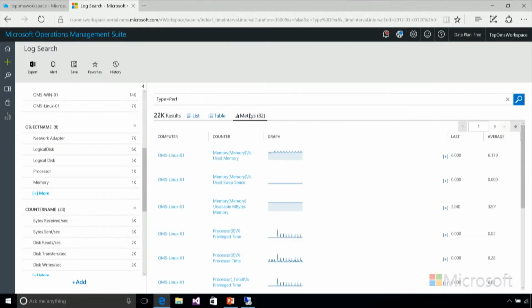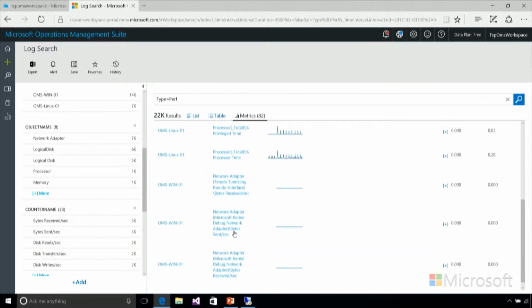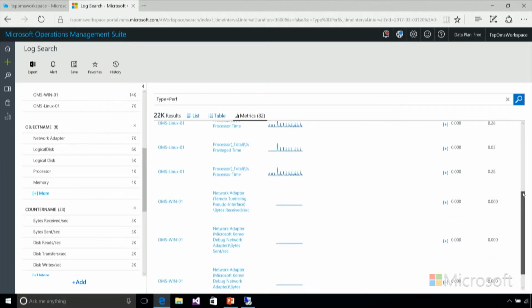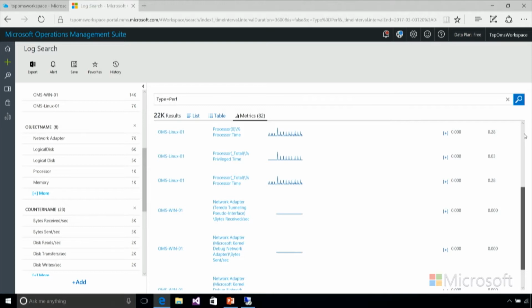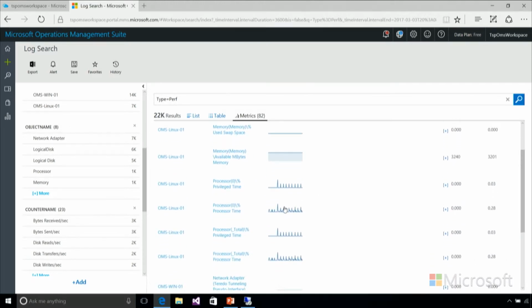Perhaps this is interesting, but this is too much information for us. If you go on the charts, we can see here we have the memory for the Linux machines, we have the processor time, we have a lot, but this is too much information, and perhaps we want to drill down on one of them. So if we click here,